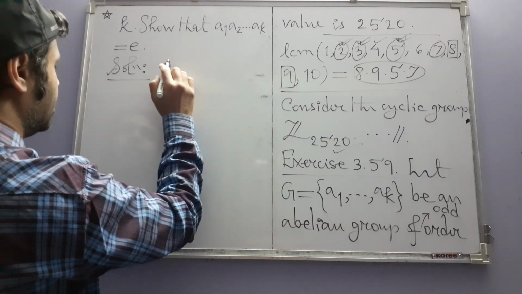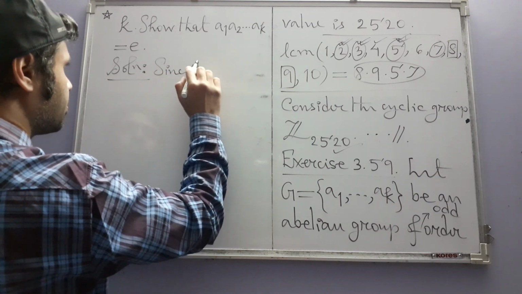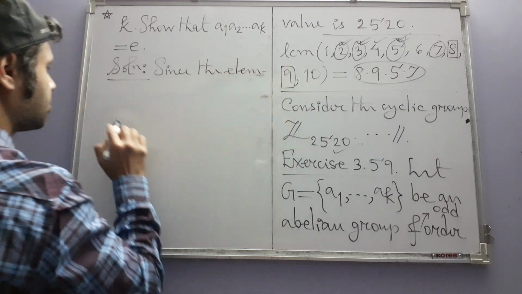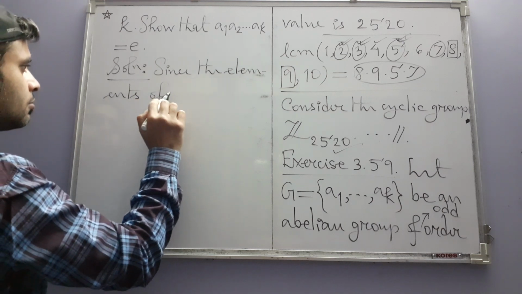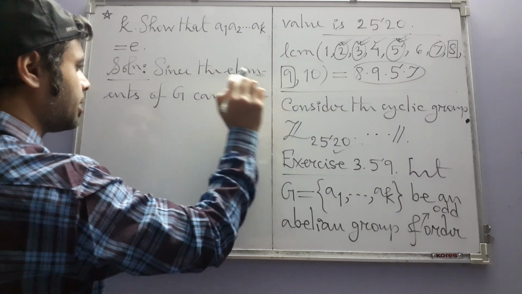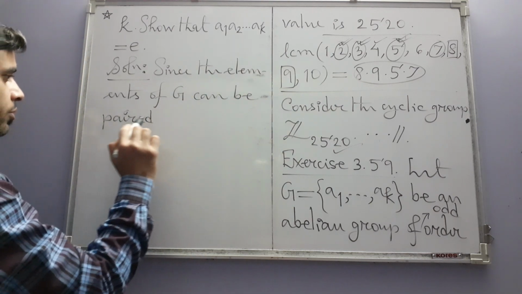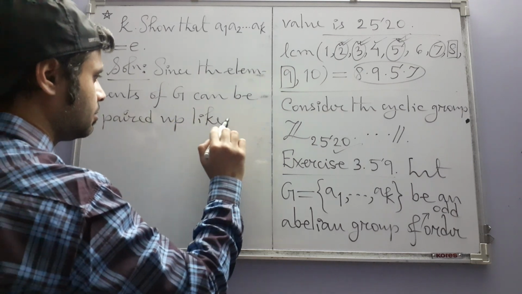I will just simply write this. Since the elements of G can be paired up like this,